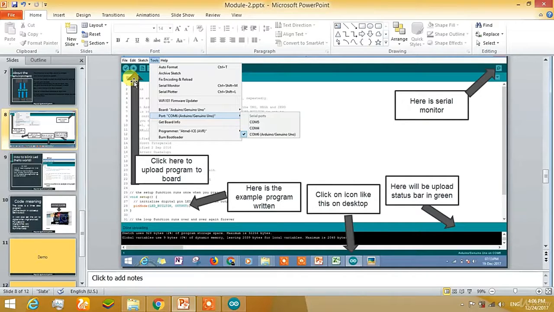After writing, we have to install or download the program to the Arduino board. For that, select the settings as I have shown you earlier, such as selecting COM port 6, getting it confirmed as Arduino Genuino, and click on that icon. After that, the program will install automatically onto the board.